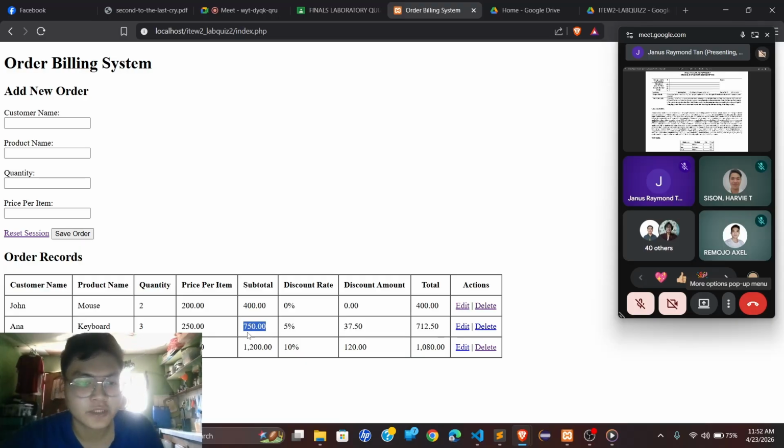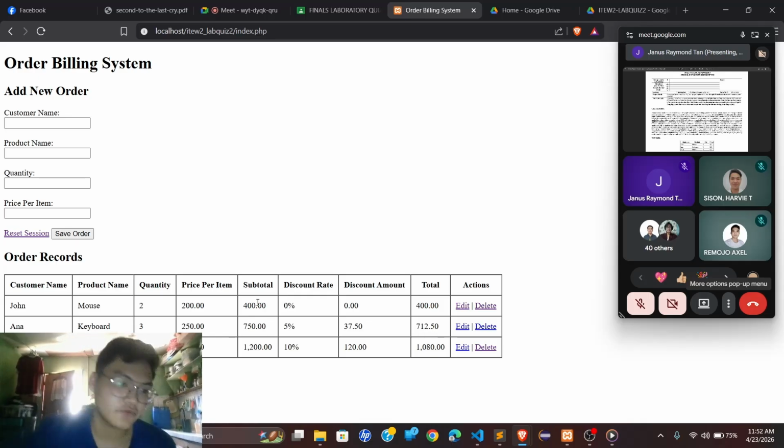And if the subtotal is greater than or equal to 500 but not greater than 1,000, the order will receive 5% discount rate. And if the subtotal is less than 500, the order will receive no discount rate. So for John, his subtotal is only 400, so he doesn't receive any discounts.